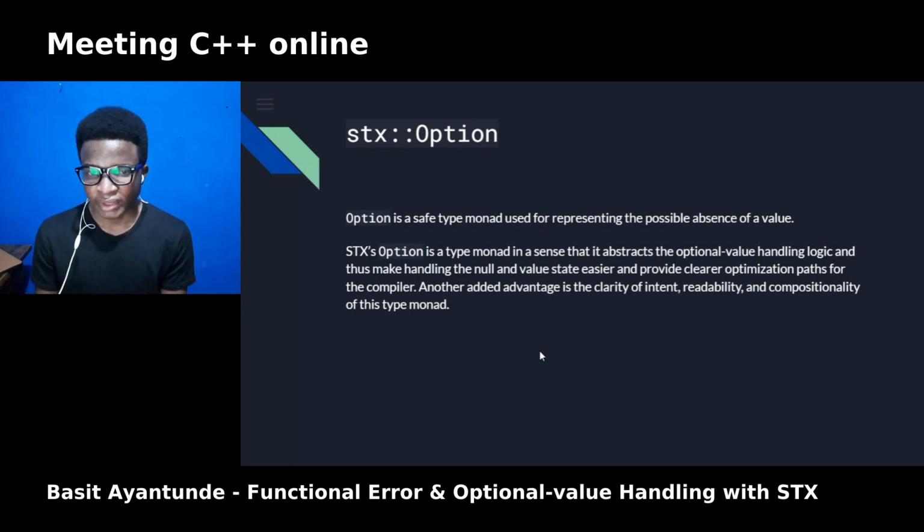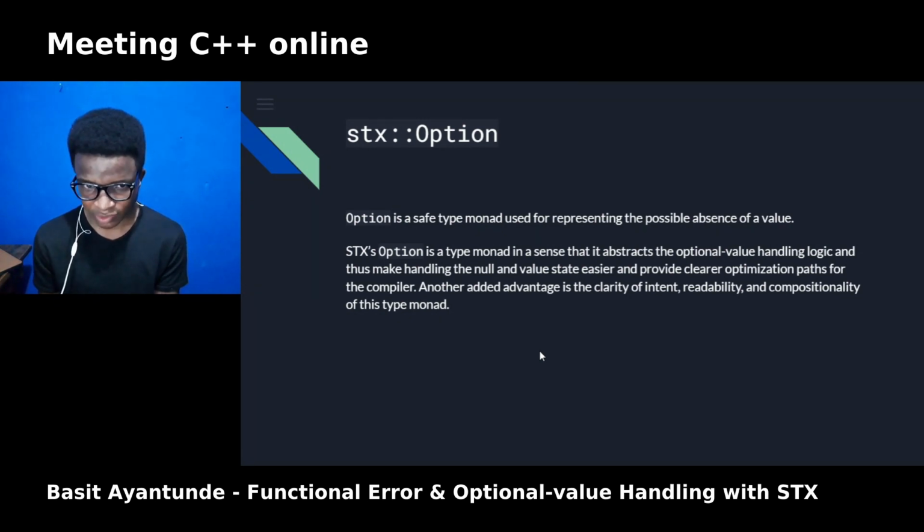STX's solution to this is the Option type. Option is a safe type monad for representing the possible absence of a value. STX Option is a type monad in the sense that it abstracts the optional value handling logic and thus makes handling the None and Some states easier and provides a clearer optimization path for the compiler.